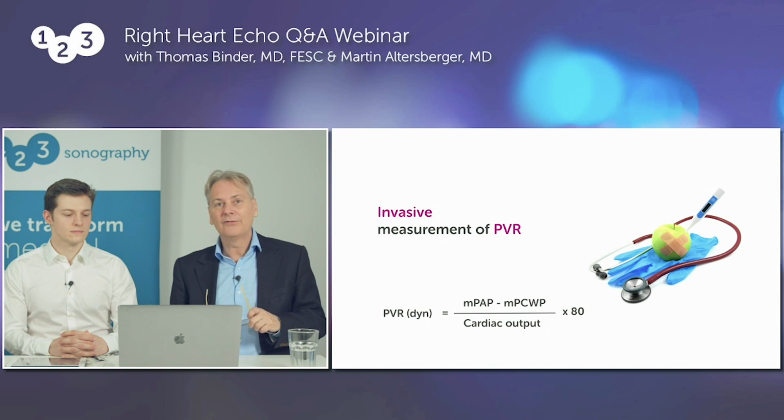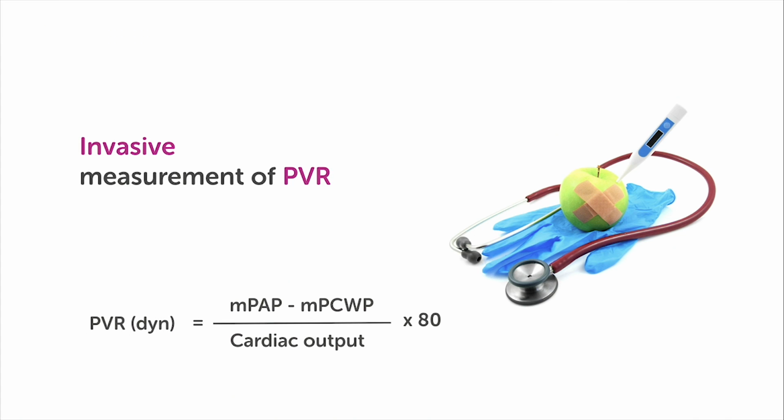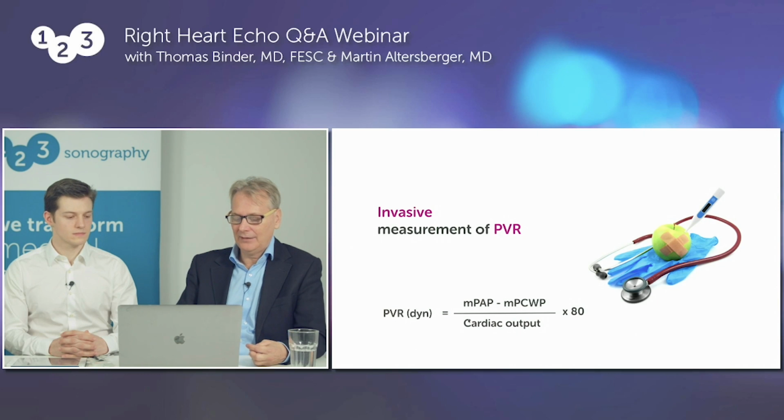And if you look at the formula of how it is calculated, you will see that basically we look at the mean pulmonary artery pressure and subtract the wedge pressure. Now, this is basically the pressure in the left atrium, which correlates with the filling pressures of the left ventricle. In other words, it's the difference in pressures between the right and the left,